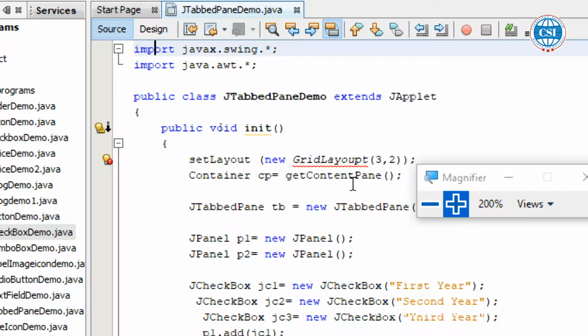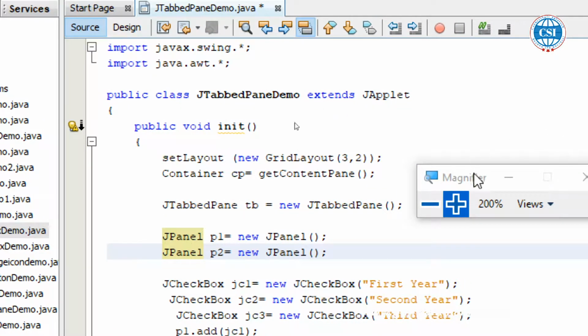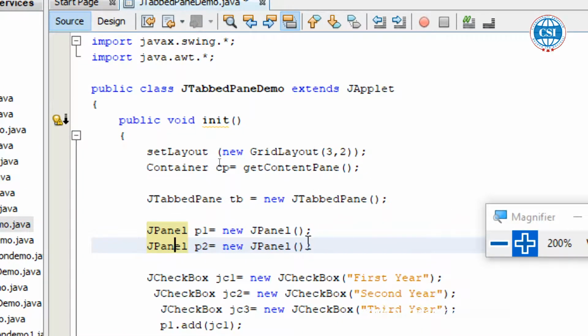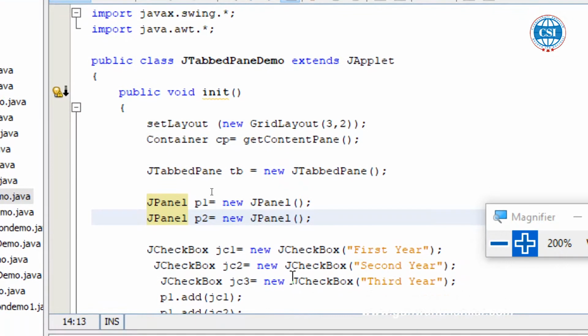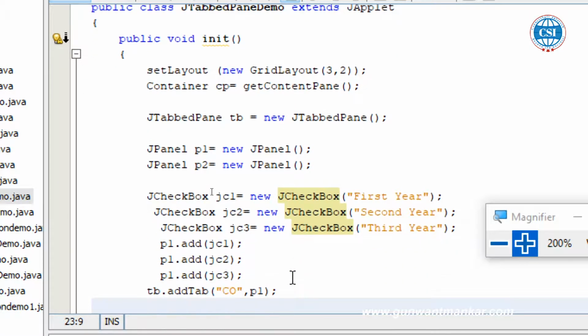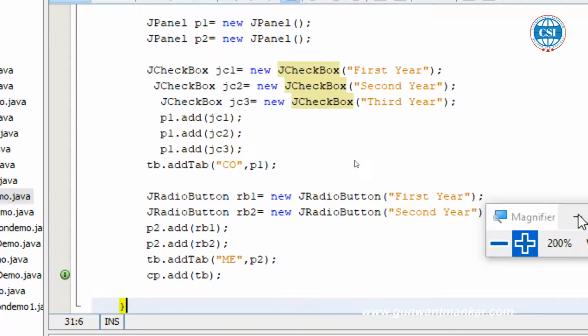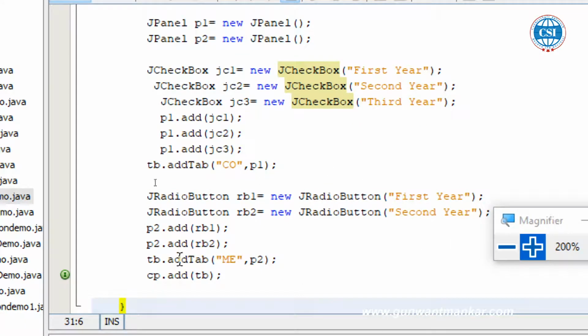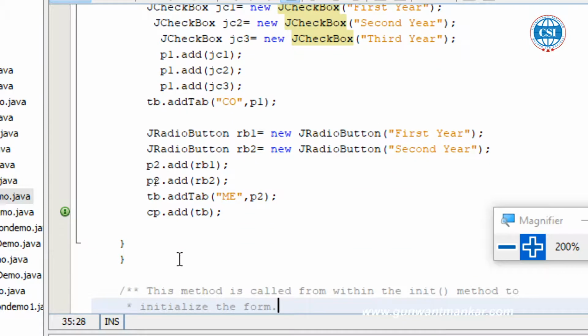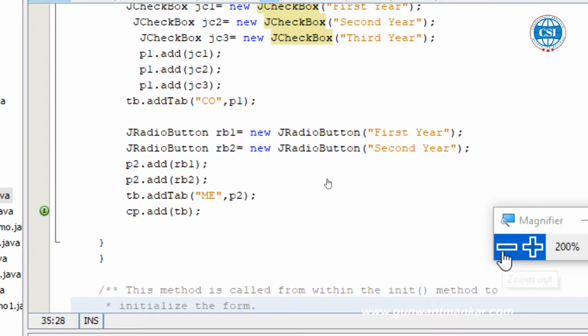Import javax.swing layout. Look at this program. So this is the program, and now I am going to show you the output.